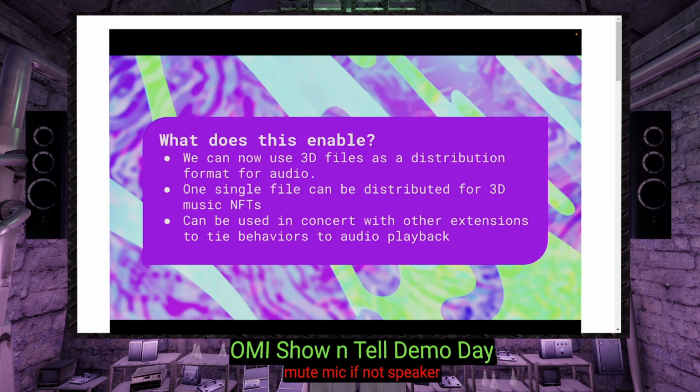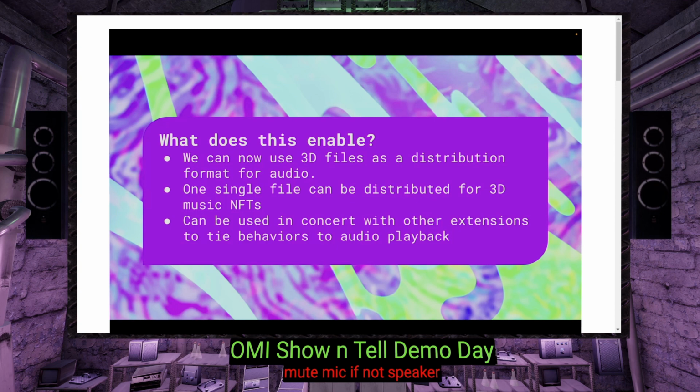So what does this all enable? When files are actually using this, we can now use 3D files as a distribution format for audio. That's why I'm building an album in this as a proof of concept of embedding audio within an object, which will be like an album, or I'm trying to make them look like data disks or something that's not standard in the real world, but just something imagined. And then I can distribute these, and then maybe it becomes like a data disk that other people use and reskin and make it CC0, so we can all rally behind something.